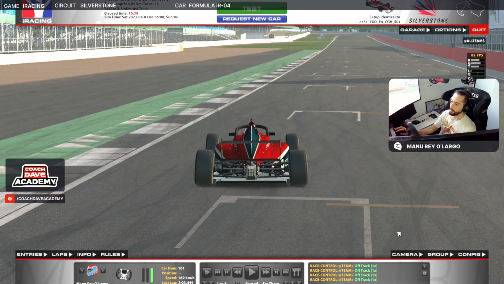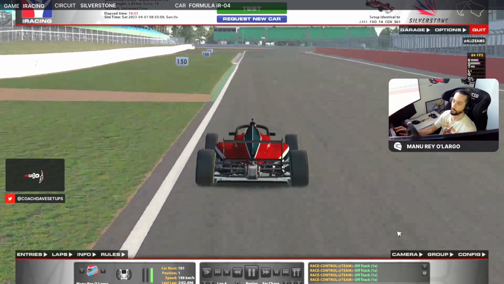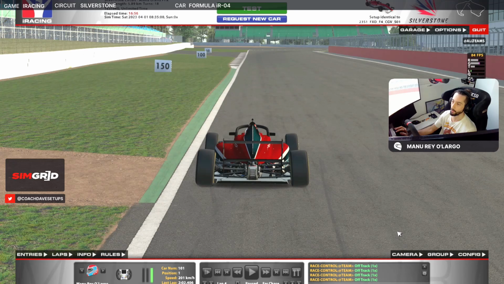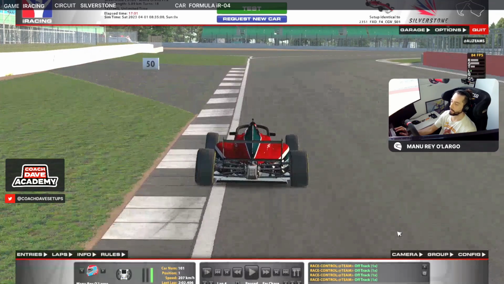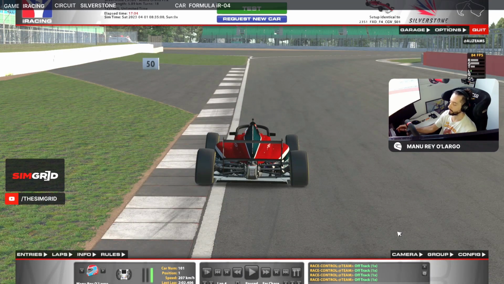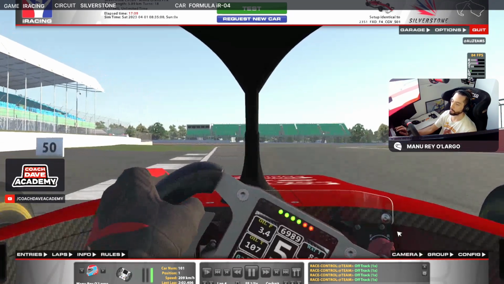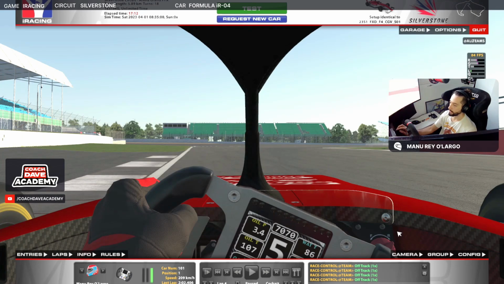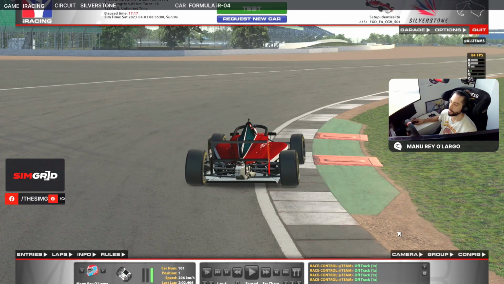Okay, so here we are at Silverstone, the new layout, the one that's been in Formula One for years now. We're going to check the first corner, which is completely flat out. You have to place the car on the perfect racing line to make it flat out and not go too wide. My turn-in point is going to be the 50 board here on the left. When I'm just past the 50 board, we start turning in and using this inside part of the curve,